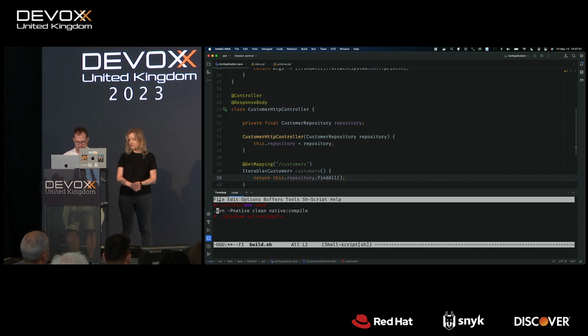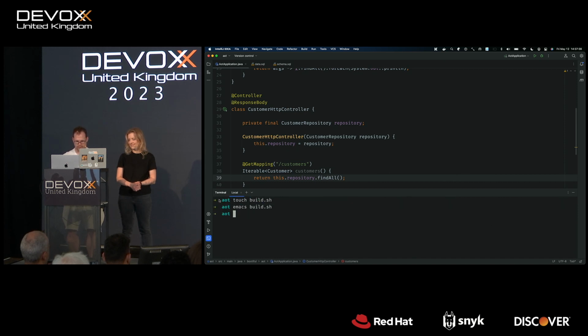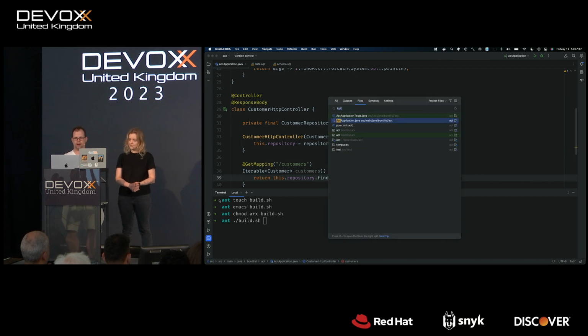I think you wanted to remove target each time, no? Yeah, clean. No rabbits up my sleeve, okay? Okay, good. So, chmod +x build.sh. Can we also add the quick build mode? The what? Quick build mode for native image. So we want to optimize our builds.